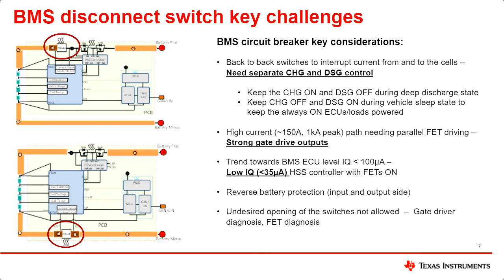One other key challenge here is that we already have this low side sense resistor near the battery, which is basically sensing the current to determine the state of charge of the battery. So the challenge here is whether we can implement the overcurrent protection based on this low side current sense resistor, so that there is no need of an extra current sense resistor on the high side, and this saves the BOM and space on the board.